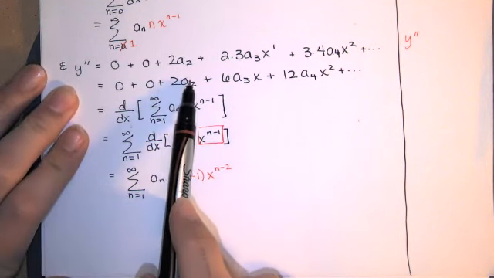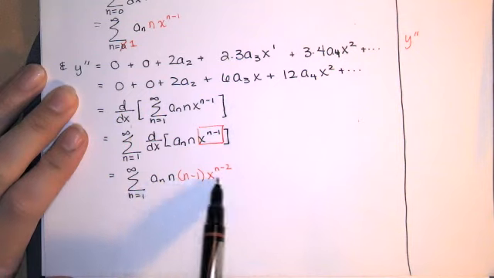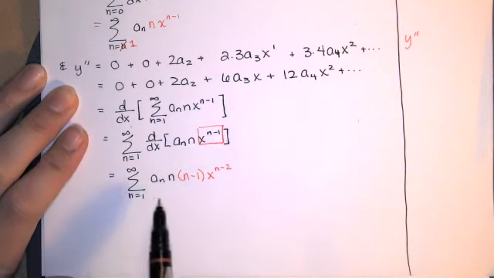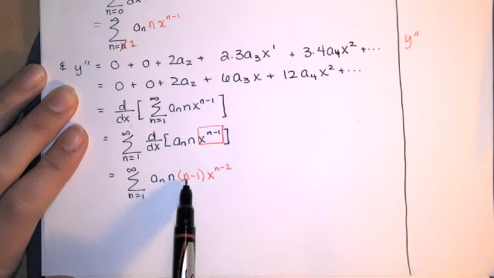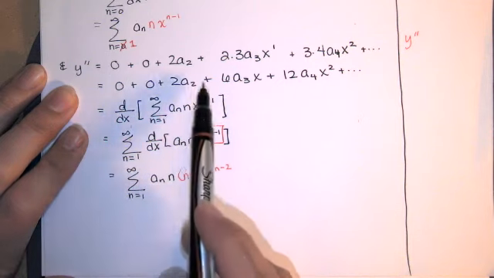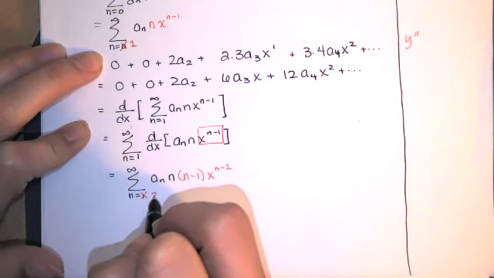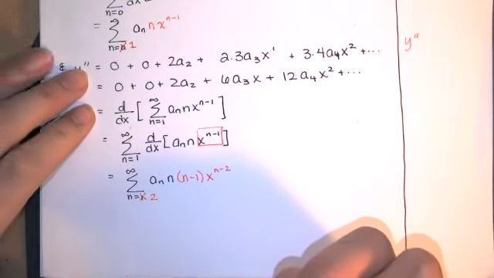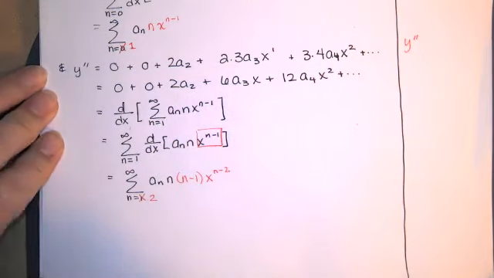Instead, I want to start counting at the first non-zero term. When n equals 0, we get 0. When n equals 1, we get 0. But when n equals 2, we'll have a sub 2 times 2 minus 1. That's 2 times a sub 2 times x to the 0, which is 1. So that's our first non-zero term. So we increase that counter from 1 to 2, just so that we're not starting to count with those zeros